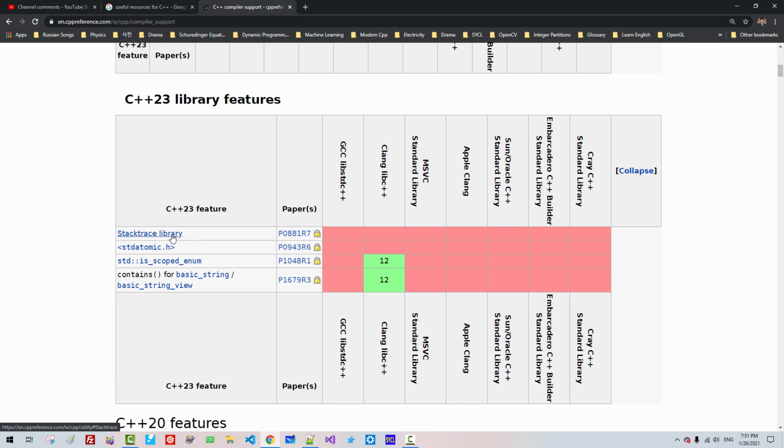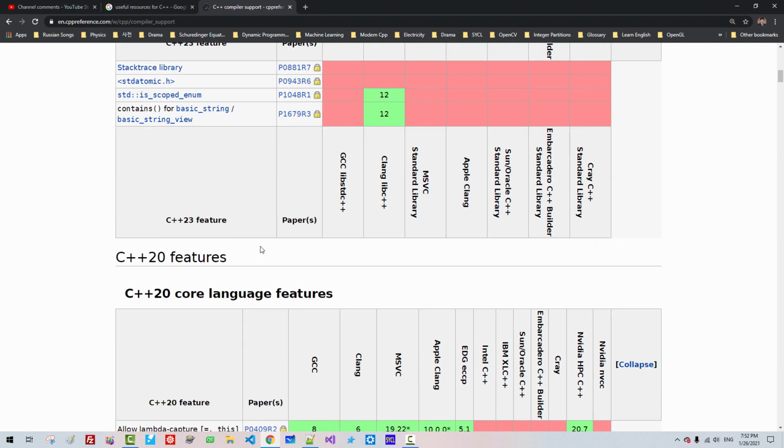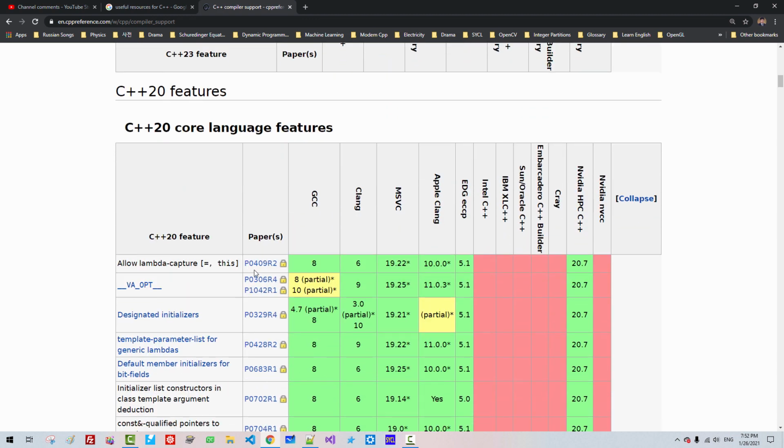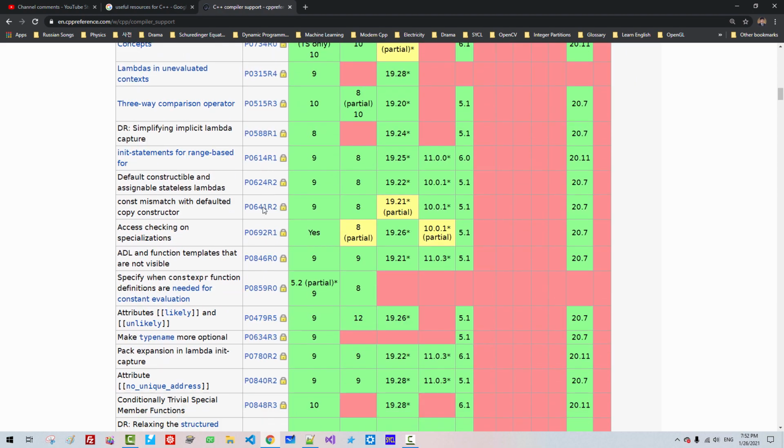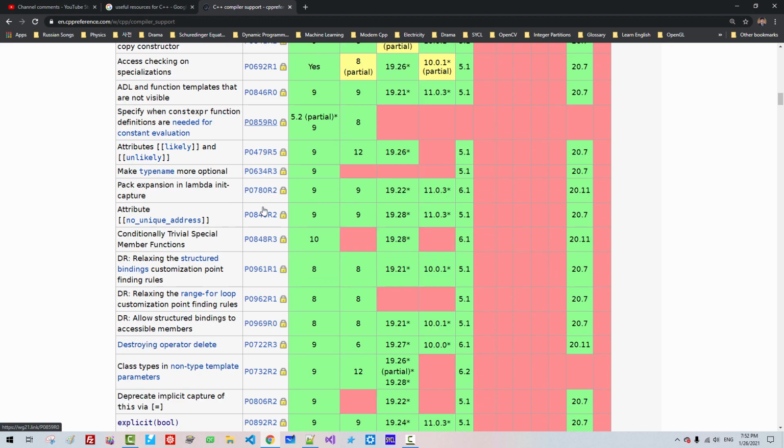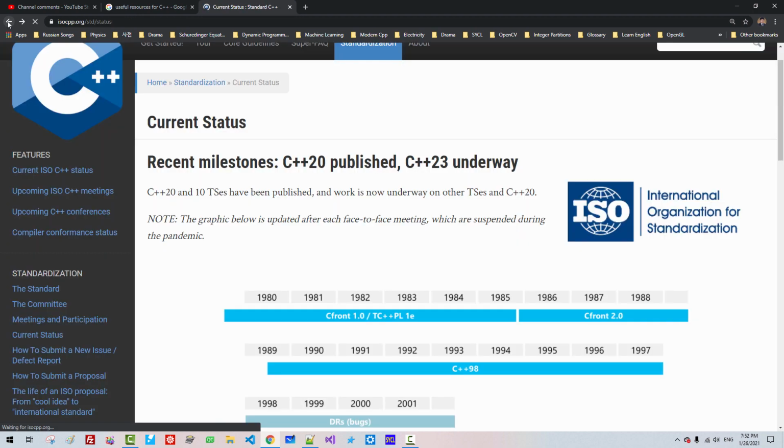This stacktrace library will be very useful for debugging C++ code. Keep monitoring the development of modern C++. If you scroll down, you can read the proposal papers listed here. I will discuss more about C++20 features. Go back.